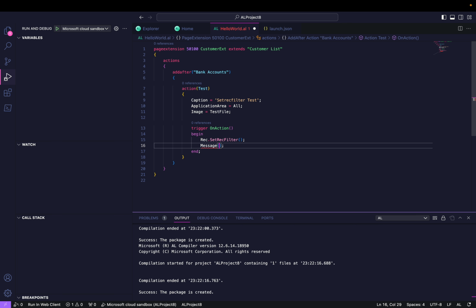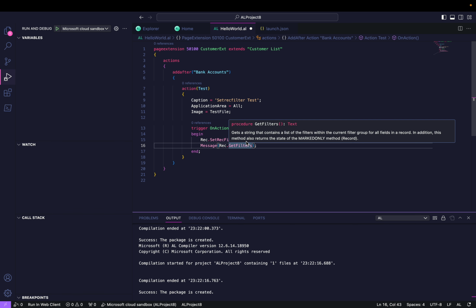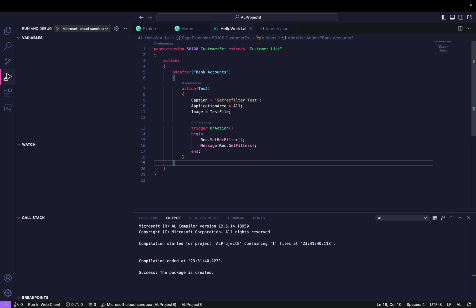Because we are talking about the filter, to check the current filter set on my record table, there is a method which is rec.GetFilters, right? It will give you the complete list of the filters as a string. Basically, if you see this, it's a procedure which returns a text, a string that contains a list of the filters within the current filter group. So if I build this project and publish this,